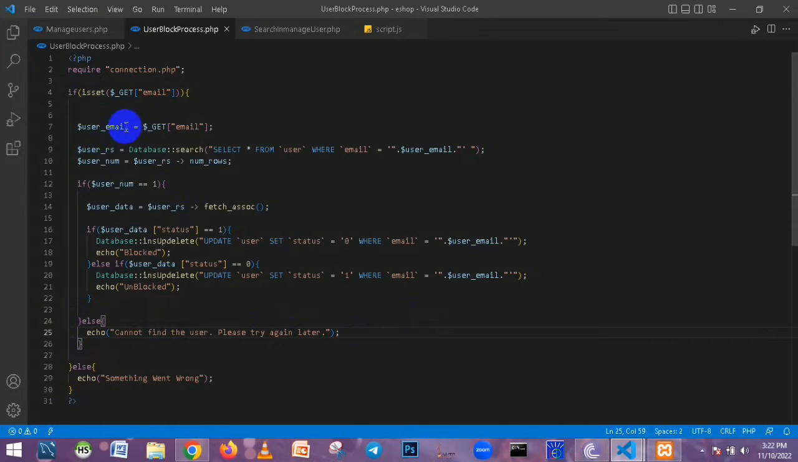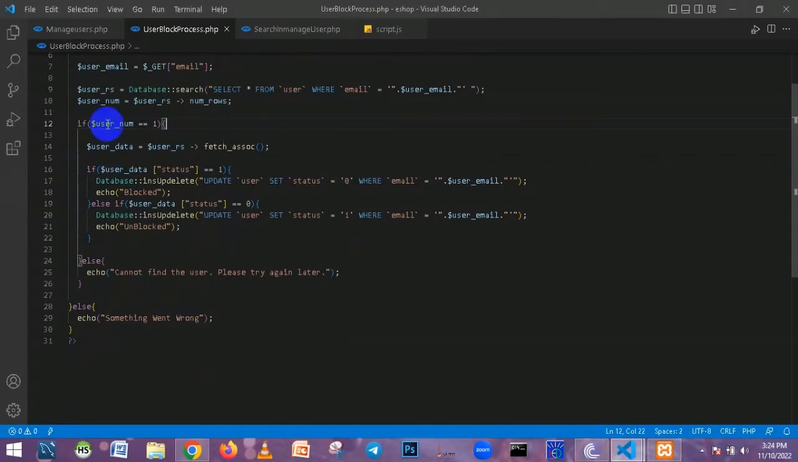So I get that user email variable here and assign it to email ID, and made that user result set variable and assign it to the search query. I want to get my emails using this user email variable, and I want to get that from the user table in my database, and I made that user num variable and assign it to user result set and num rows connection. And we are coming to this if else line, and I want to check my user num